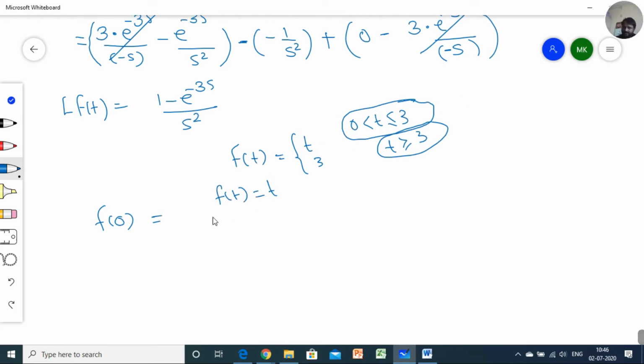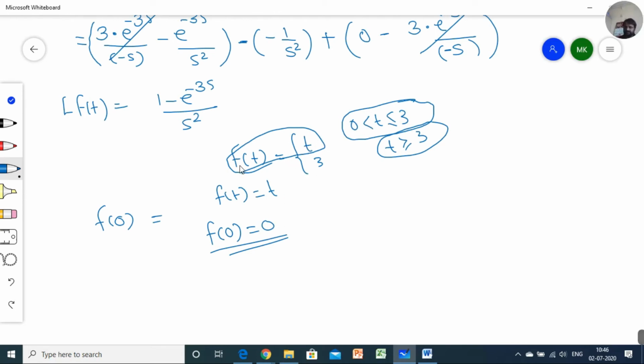Now if I am substituting 0 at the point of t, I have to put it only in the function to which the limit point 0 belongs. So I have to substitute only in this function, so that I get f of 0 equal to 0 directly. Or sometimes if the function is like t square plus 2t or t plus 1 or something, then whatever remaining terms there are, you can write as they are.